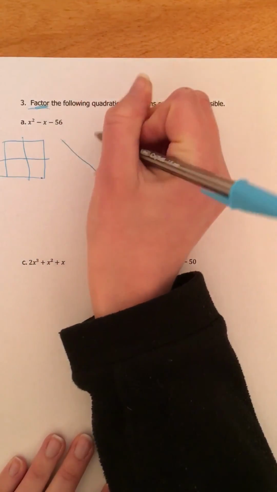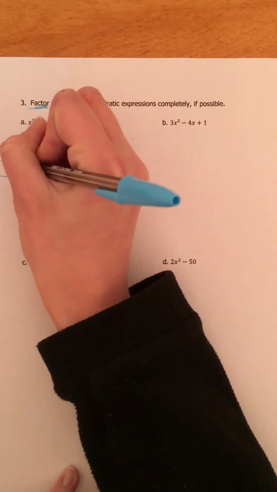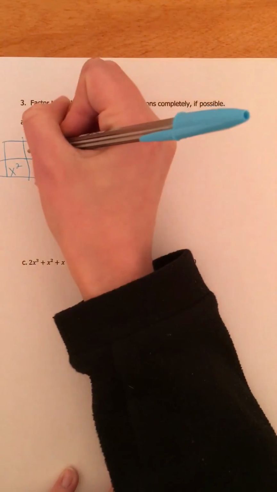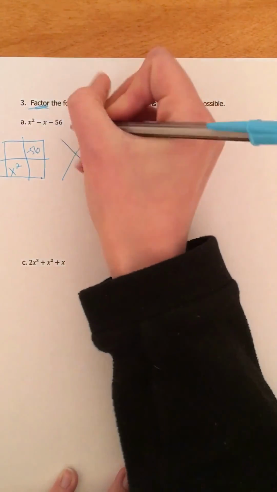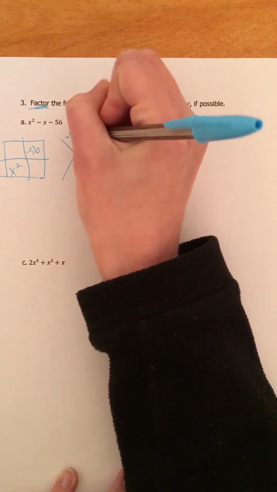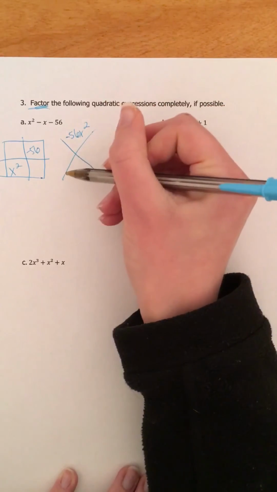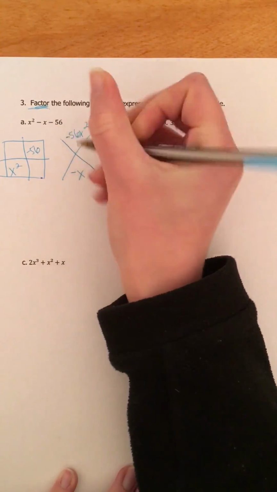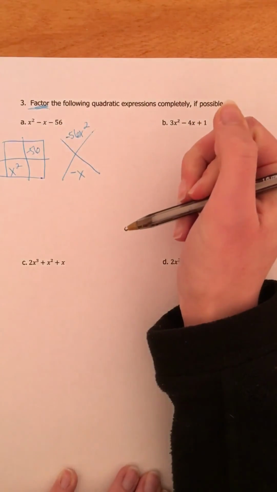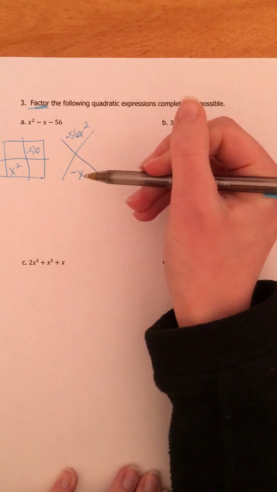diamond problem. Okay. So in the bottom left corner I put x squared, the top right corner I put negative 56, and I multiply those together to get the top of the diamond. So negative 56x squared. The bottom of the diamond, or this modified diamond, is the middle term, so negative x. Make sure you keep the symbol the same. So negative x. So I need to think of things that multiply to negative 56 and could add to get